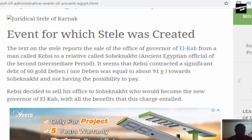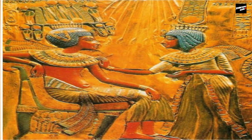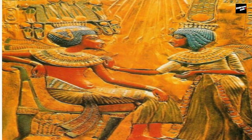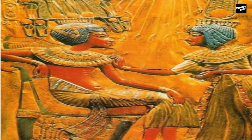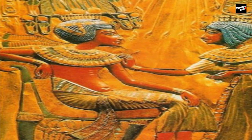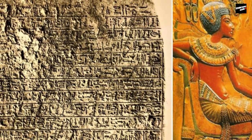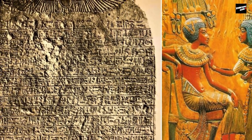The text on a stele reports the sale of the office of governor of el-kab from a man called Kepsi to a relative called Sobeknath, ancient Egyptian official of the second intermediate period. It seems that Kepsi contracted a significant debt of 60 gold deben. One deben was equal to about 91 grams towards Sobeknath, and not having the possibility to pay back, Kepsi decided to sell his office to Sobeknath, who would become the new governor of el-kab, with all the benefit that this